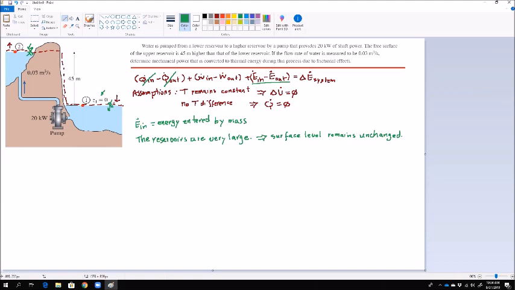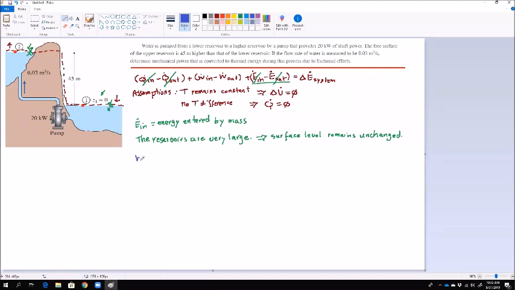This is to show that mass is not crossing the boundary. So when mass is not crossing the boundary, it means energy with mass is not crossing the boundary. So I can scratch both of these terms. All right. So our final form of the